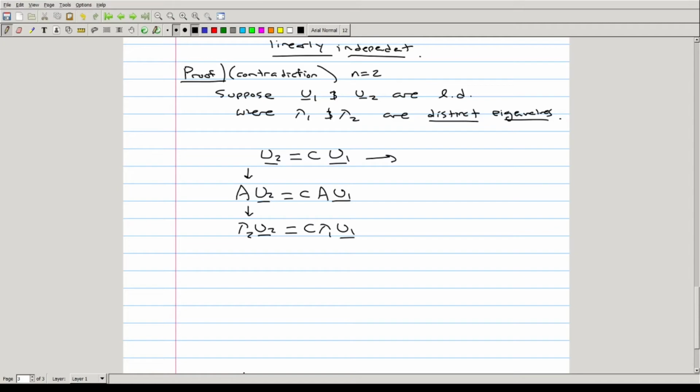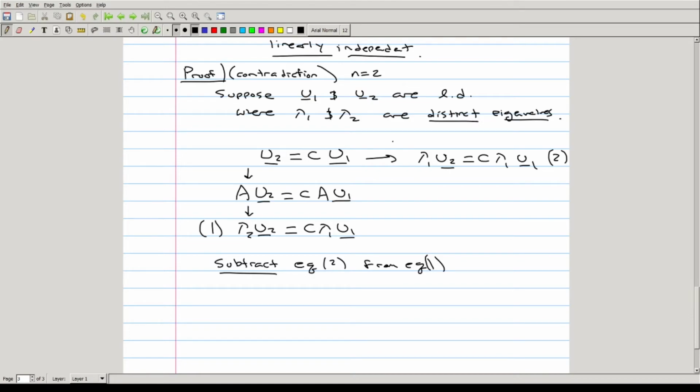We can also multiply both sides of this expression by lambda 1 to get lambda 1 u2 is equal to c lambda 1 times u1. So I'll call this equation 1 and this equation 2. And if I subtract equation 2 from equation 1,